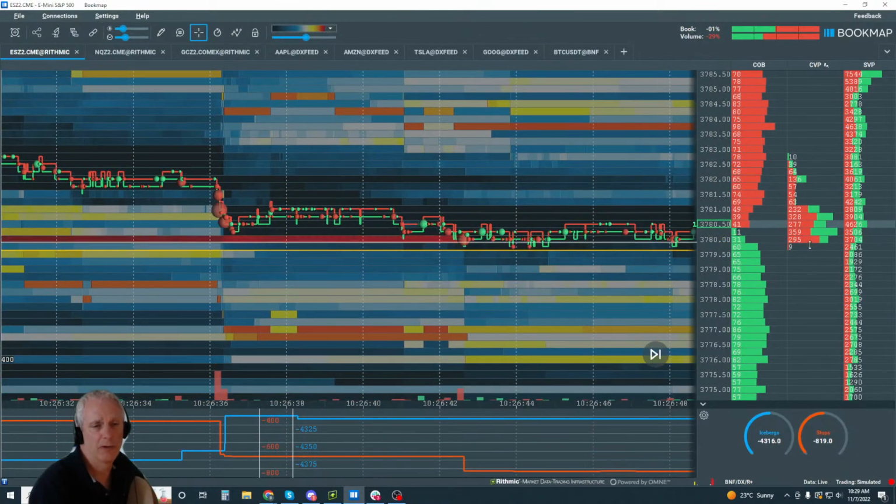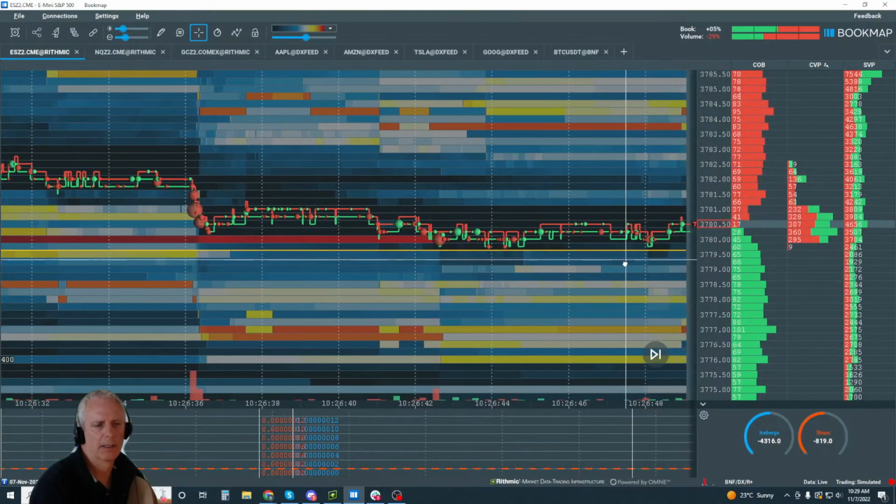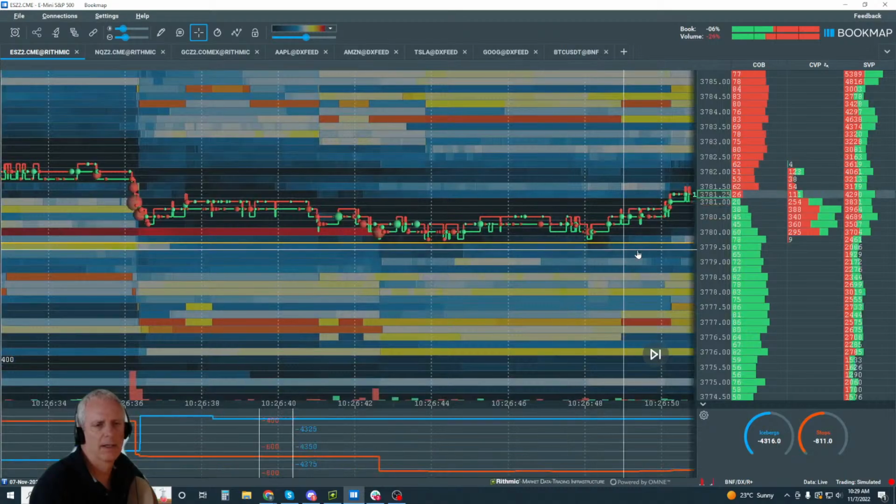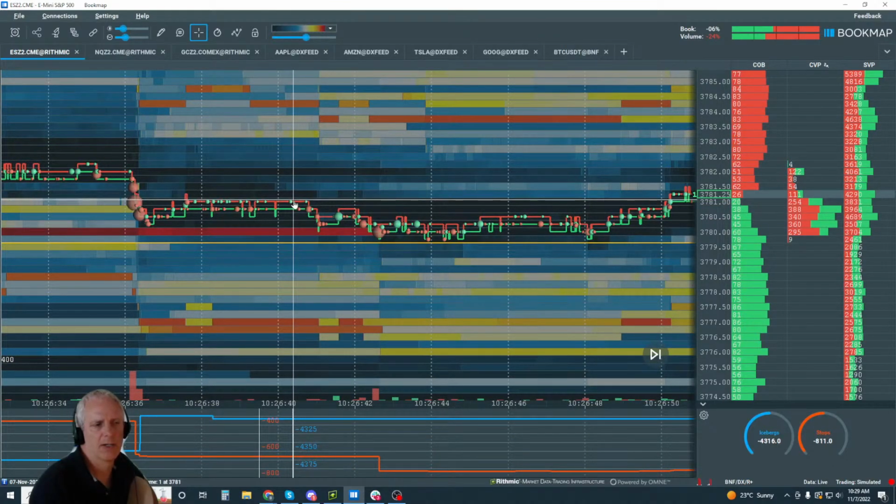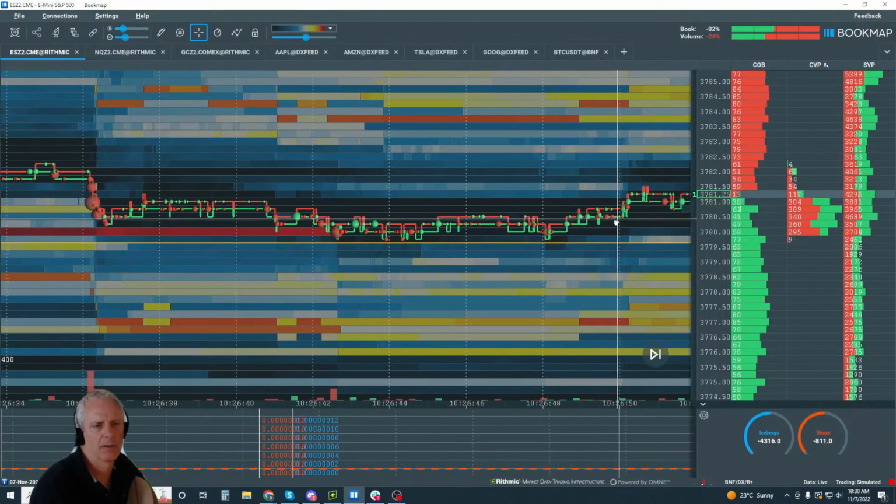Okay, if we don't, and we get more selling down here, that should be the primary scenario. Secondary scenario is more buyers back up here and then the break. Primary scenario is more selling down here and then the break. Okay, all right, so look at this. Here we got some of the buyers up here. They're pulling here, they're adding on the bid here. So let's see if we can get a little bit more in here, and then we'll come right back up into this kind of 83 level up here.